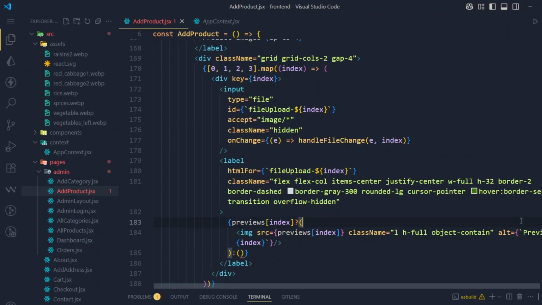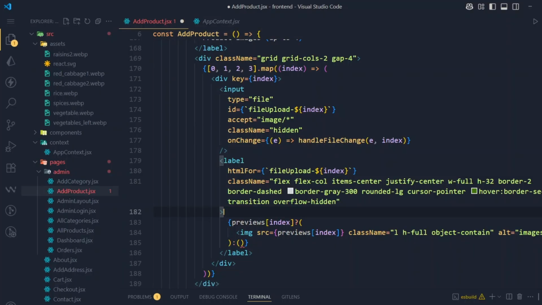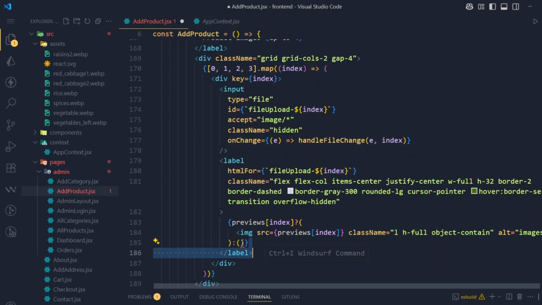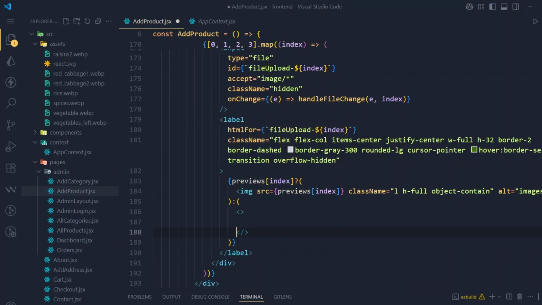Okay, this is the alt, you can skip this. After that, I don't need this alt like this, just provide a simple text, and we will use images. This is the alt, and if it is done, we will use this image tag like this, and if the image is not available here, we will use this fragment, and inside this fragment we will use the upload icon,